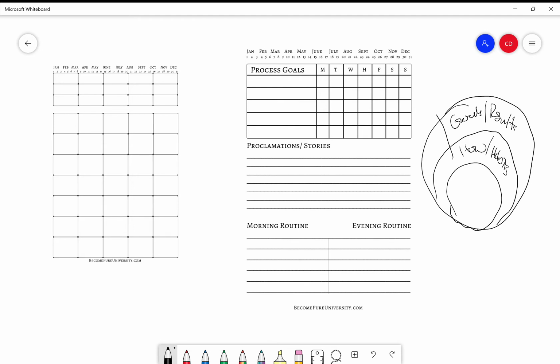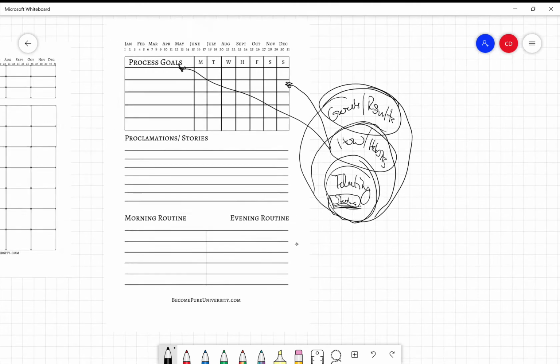Okay, and so these habits are going to reflect to your process goals. So we are targeting, like, first off is, hey, what do I want? How am I going to get that with my process goals? And then you have your identity right here. And that's why I call this the identity. Your identity actually comes from the stories that you tell yourself. So this is a little bit more advanced training, but I want to make sure that we go into it,